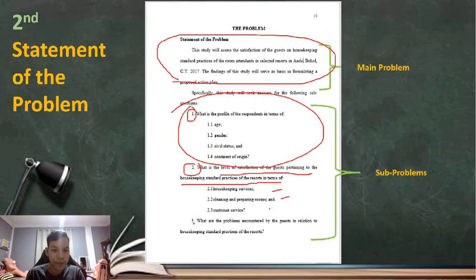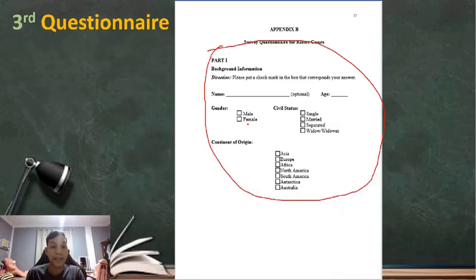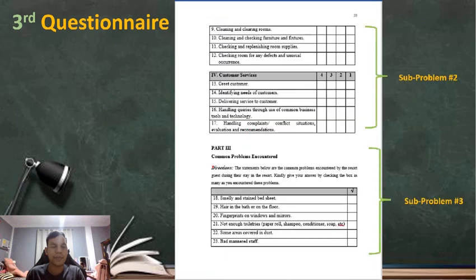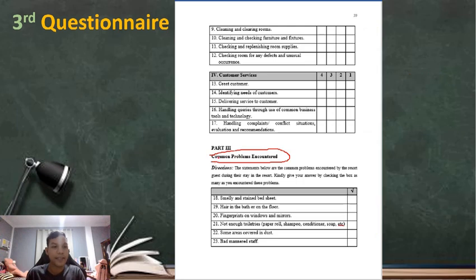And then sub-problem number 3, what are the problems encountered by the guests? So part 3 must be about the problems encountered. So part 1 is about the respondents' profile, part 2 is about the level of satisfaction, and part 3 must discuss the common problems encountered. So as we can see here, part 3 discusses the common problems encountered. So this is the example that I mentioned earlier, that your SOP and your questionnaire must be aligned